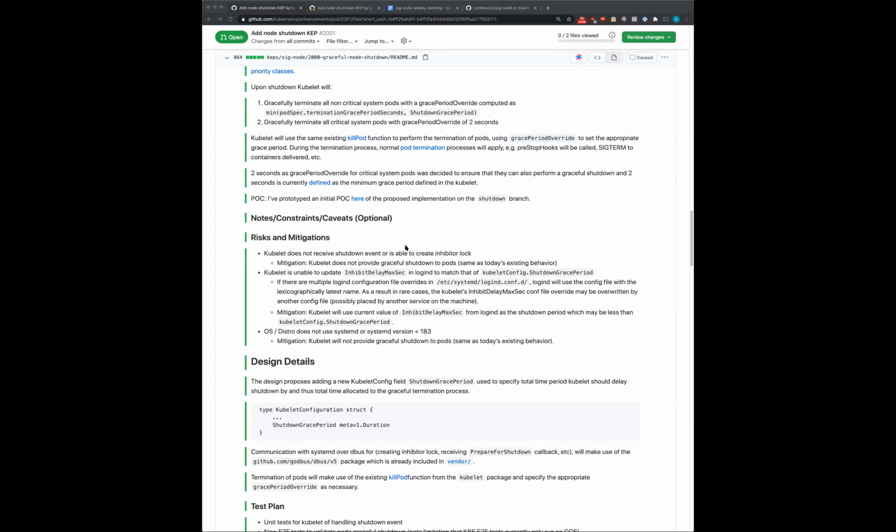I'm trying to think through what many people would view as critical pods, and it'd be like logging daemons, the network. Where if you don't have ordering among them, maybe 2 seconds is too harsh anyway to shut them down, depending on what the work is. But if you can't depend on two of them together, maybe it's not the end of the world either. I guess for me, I would prefer we just give them more than 2 seconds. I don't know. Yeah, you get to 2 flags then.